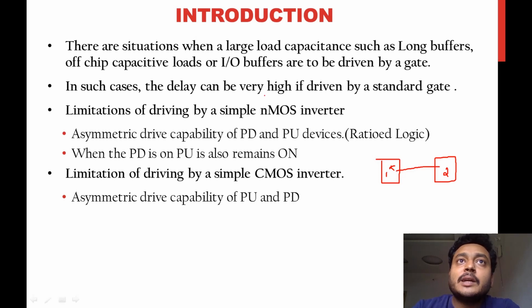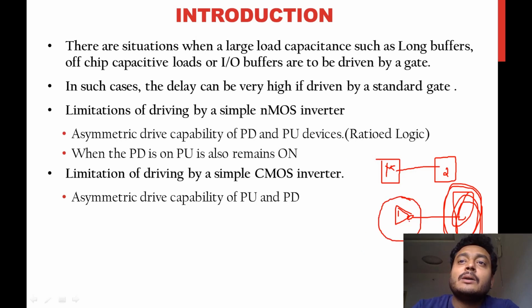This again goes for IO buffers also. IO buffers need to be connected to your input-output devices, so an IO device will typically have much higher capacitances. So when you have a gate whose output has to drive a larger load, this will be very difficult for a normal inverter. In that case, either the delay will be very high to drive this, or it may become incapable of driving this load, just like that particular donkey.